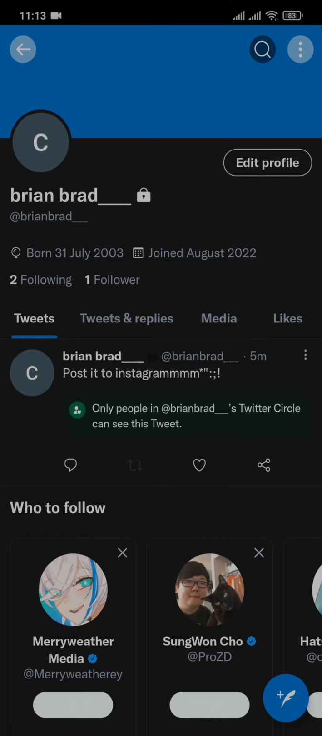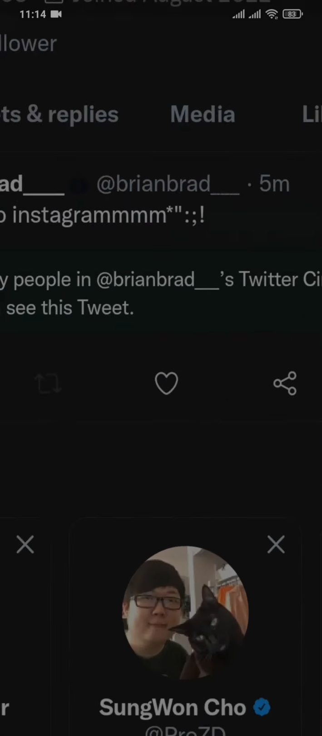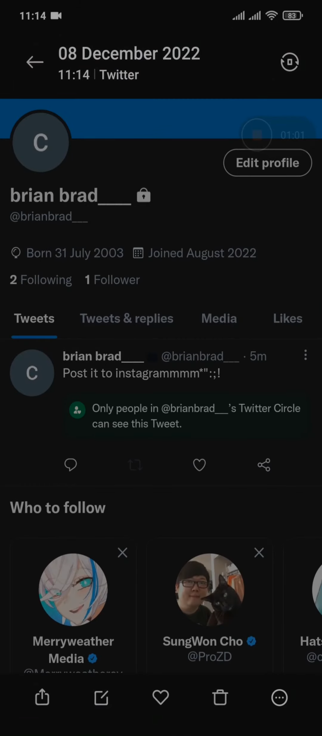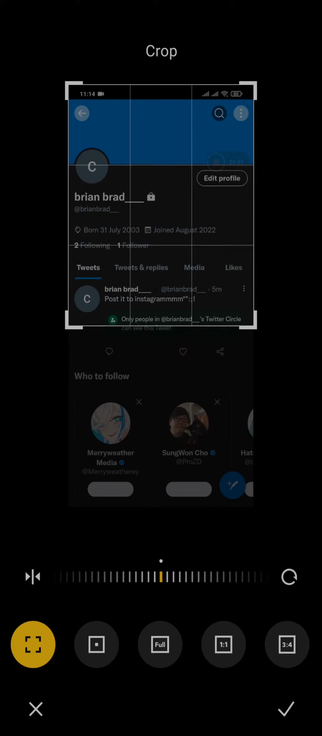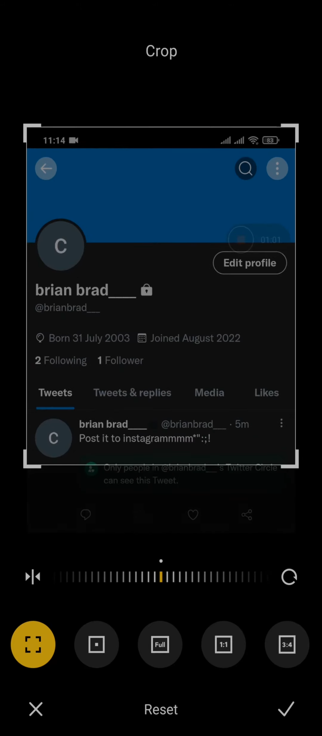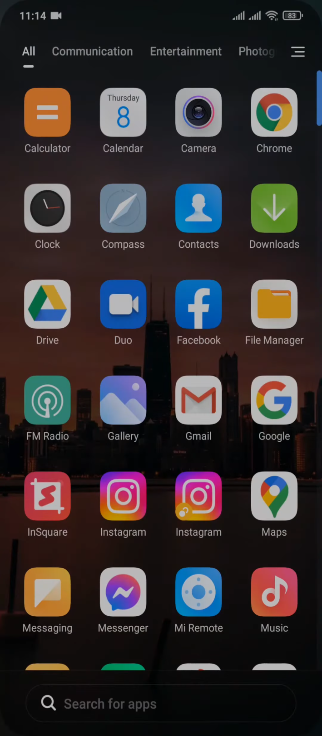Firstly, let's take a screenshot of the tweet that you want to post. Come over to your gallery and you can crop it. Just like so. Now after the crop is complete, you can head over to the app, which is InSquare,